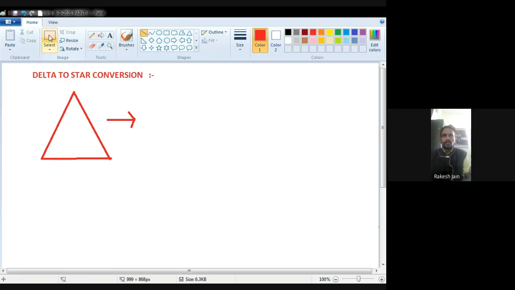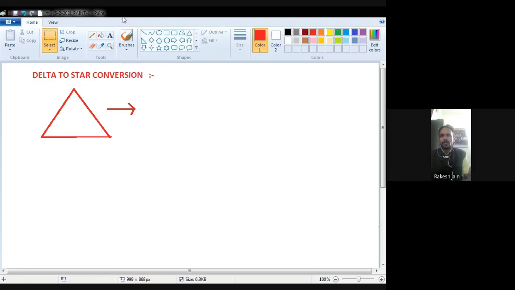How the related star network can be obtained, we can decrease the size first of all. Okay, so this one is a delta, then your star network will look like this. Okay, delta to star. So here, because the resistances are connected, I just use resistances in these branches. Resistances are actually there.